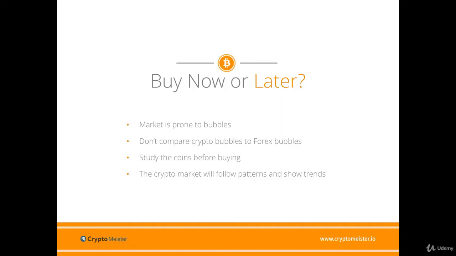As a rule, you shouldn't really compare cryptocurrency bubbles to traditional market bubbles. Remember that there is naturally more volatility with cryptocurrencies. A small percentage, which may mean a bubble in the forex, is just considered as part of the general daily volatility that you get in the crypto market. A bubble of 1000% is more common with cryptocurrencies. But again, there is no guarantee that this won't continue to grow.